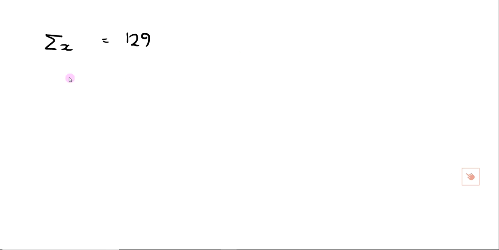And then we've been given the fact that the sum of the times squared is 1181, which is